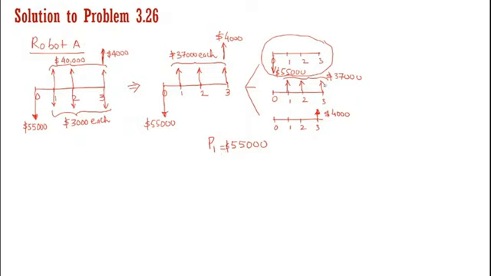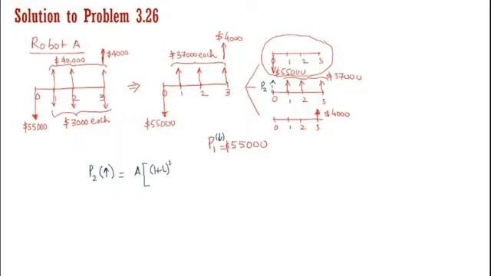Now if I am interested in finding out the equivalence of this at this point of time, let me call this P2. So the direction of P1 is downwards. Now if I am interested in finding out P2, of course the direction of P2 will be upwards. So if I just write down the formula between A and P, it will be